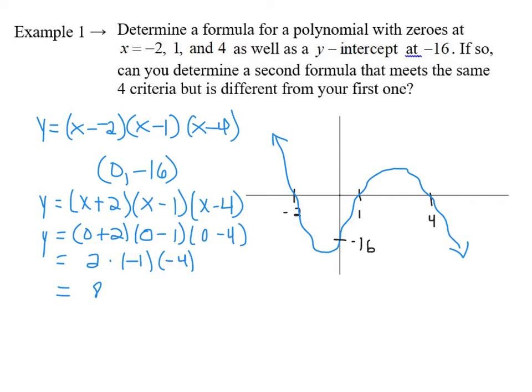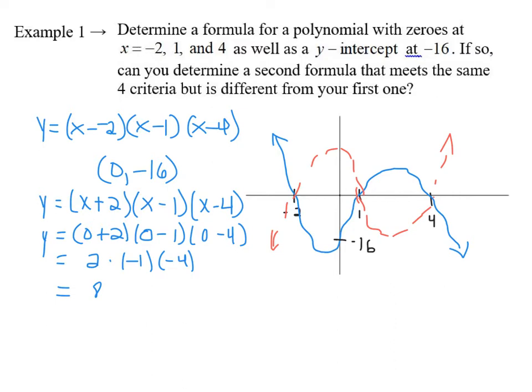We have a function that is going up through the -2, intersecting the y-axis at +8, coming back down through the 1, and then coming back up through the 4. That's what our polynomial looks like. So what can we do to end up with a formula that would give us our blue graph? We don't want to introduce any more of these factors because we only have the 3 zeros. So one thing that we're overlooking is the fact that there could be some constant number